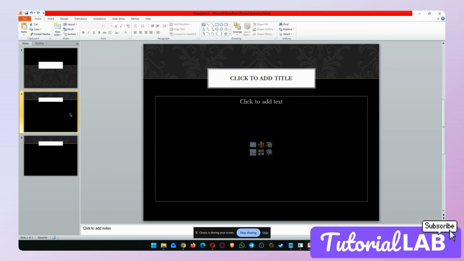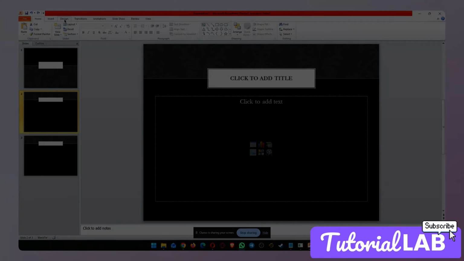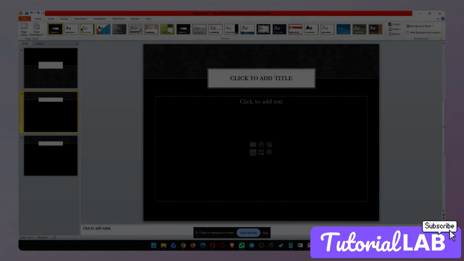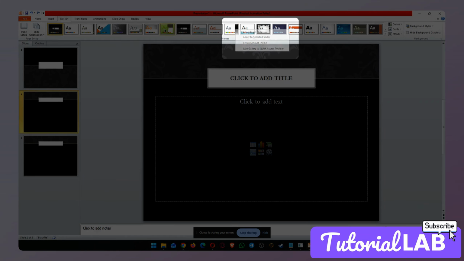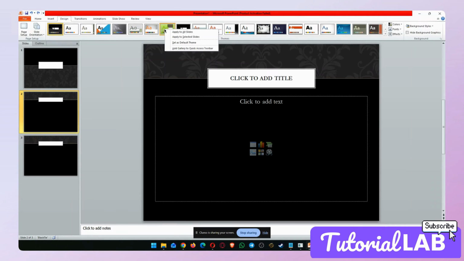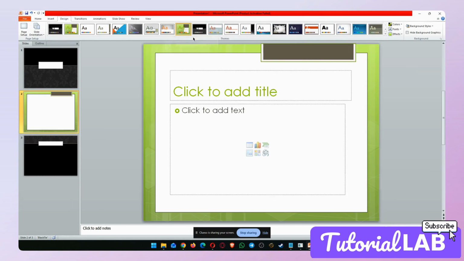Now, on Microsoft PowerPoint, for example, we already have 3 pages, and we want to have a different theme on each. All we need to do is click the page where we want a different theme, and then go to the Design tab in the upper part of the dashboard. Once we are here, we will see right away the different kinds of themes. All we need to do is right-click the theme we want. For example, let's choose this theme, and then click Apply to Selected Slide, so that only this slide will have